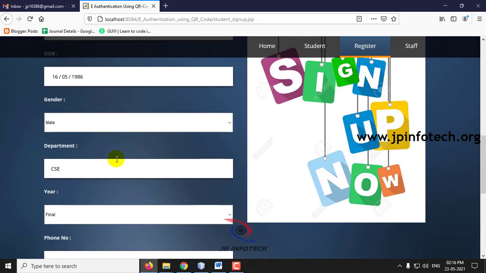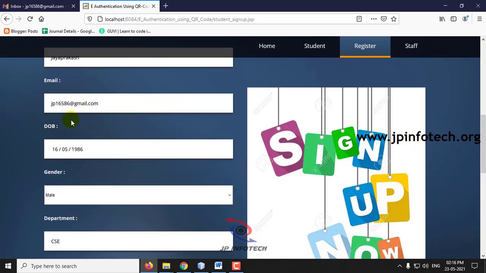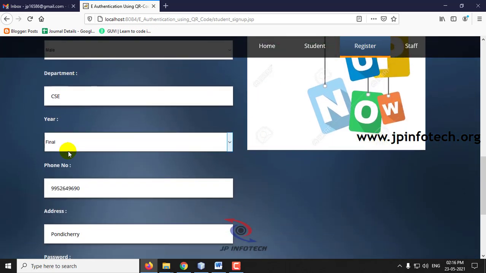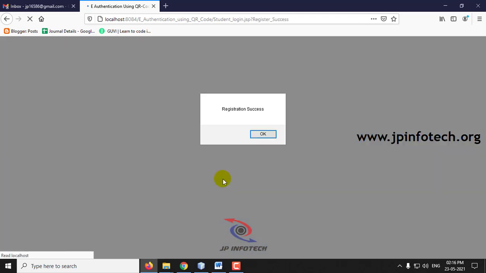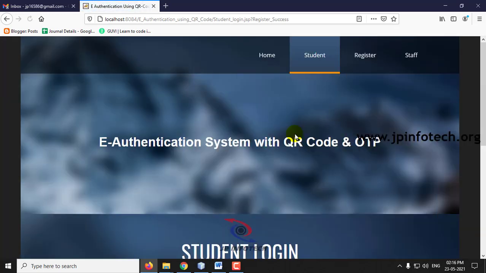I have entered the name, email ID, date of birth, gender, department, year, phone number, address, and password, and then click sign up. Now you can see the registration is successful. Now click OK.